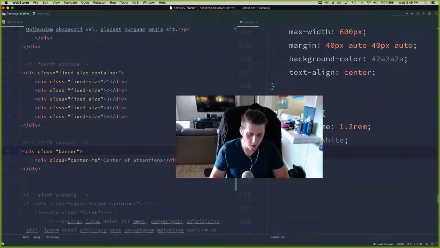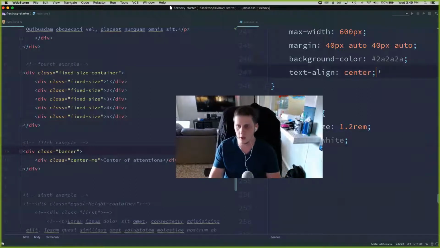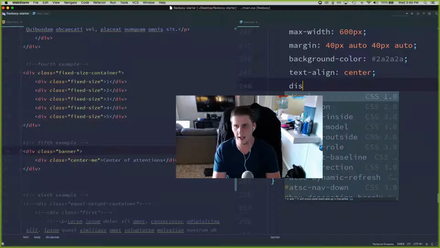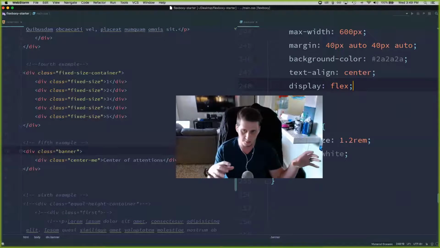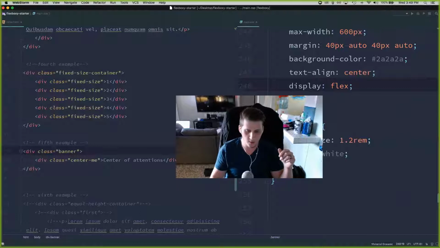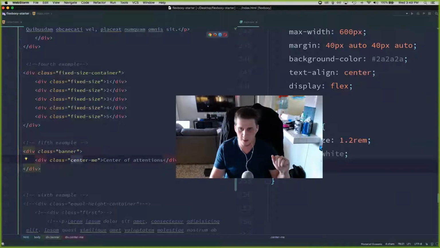All right, so all we have to do here is go to our container, and we're going to add a display of flex to our parent. Okay, so now we've applied this as a flex direction row. And we're going to make this so easy. On the class here, on the flex item that we're trying to center,